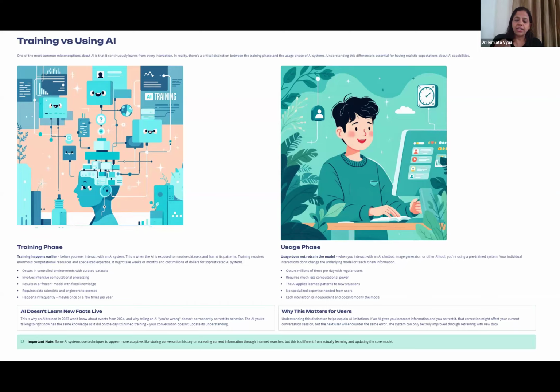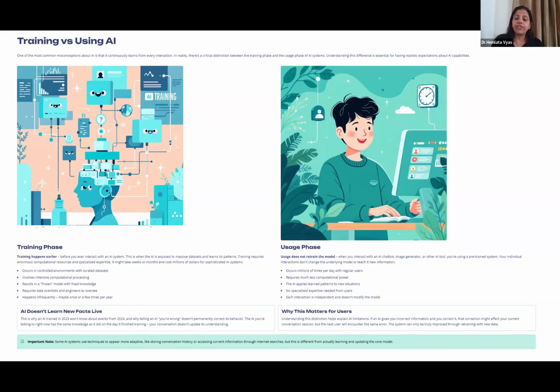If you look at any ChatGPT model, just go to it and ask, till what date is your data? You are trained till what date? It will give you its date, for example December 2024 or December 2025. If you ask any question later than that date, it may not be able to give you correct results. But if you allow the Google search option as well, then it can bring out the relevant latest data also.